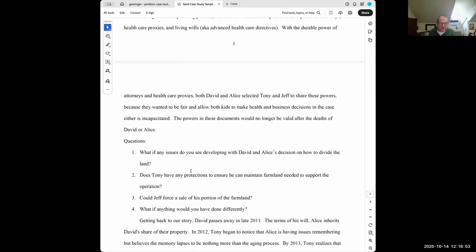I work with a person who also does this at another university, and one of the discussions we've often had when it comes to question 3 is, does it make any sense ever in a business operation to buy the same asset twice? In theory, we're forcing Tony to buy the same asset that his parents already bought, and at substantially higher prices than they probably paid for it when they originally bought it.